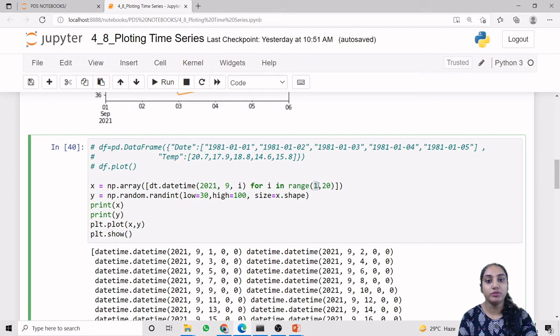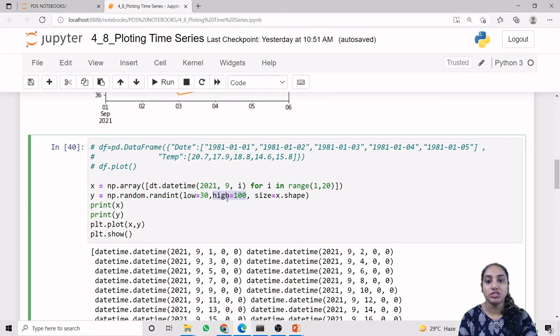So we are providing 1 to 20, so it will take the data from date 1 to date 19, and that will be returned as an array x. In the same way we are creating random numbers using the np.random.randint method. It has the low value 30, which is the minimum value for the randomization, and this is the maximum value in the attribute high.